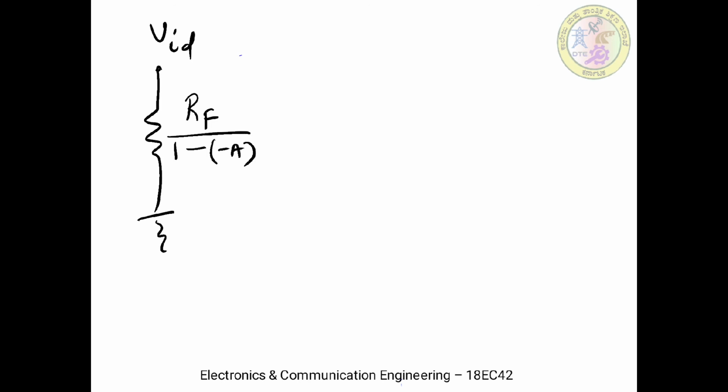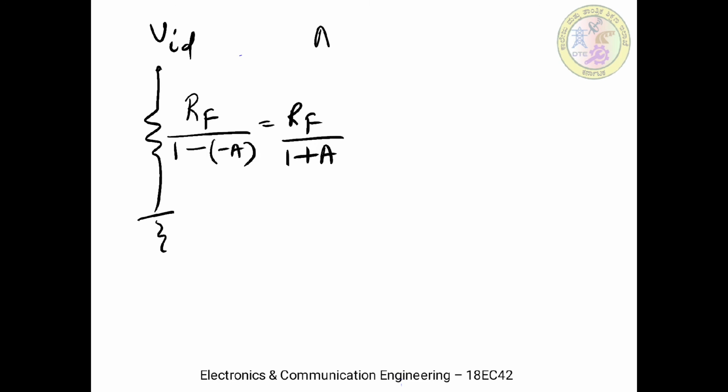So the Miller's component will be, the first component. So how do we write the first component? It is equal to Z by 1 minus K. So Z is nothing but, now it is our feedback resistor RF. So 1 minus K. Okay, so 1 minus gain, in case of inverting amplifier it will be minus A. So therefore the resulting factor here will be RF divided by 1 plus A.